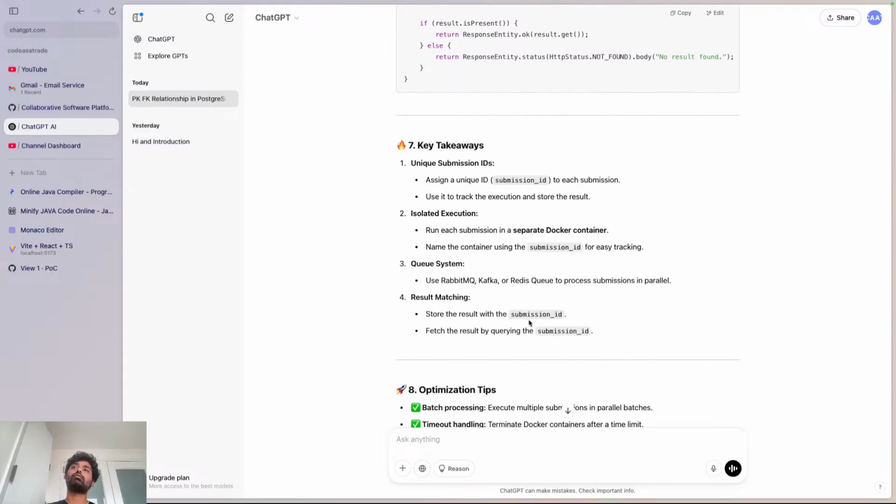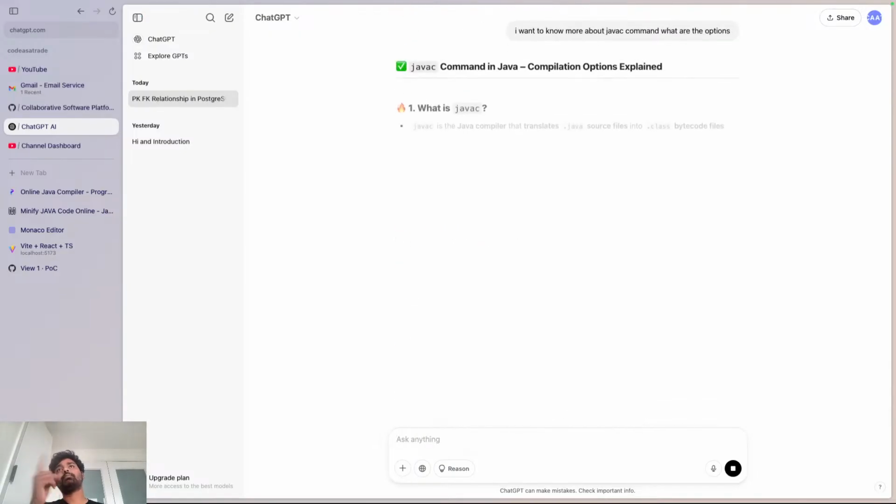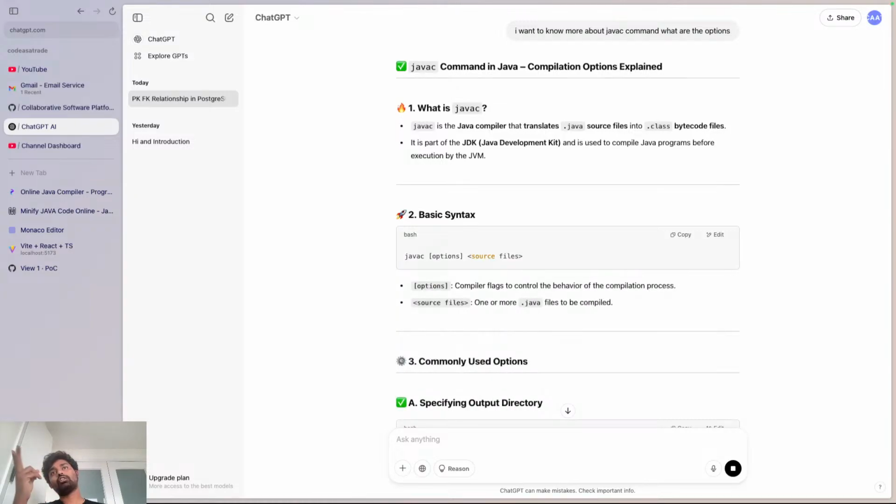They don't have an answer for this. I want to know more about the javac command. What are the options? I think, see, when I'm compiling the Java, can I change